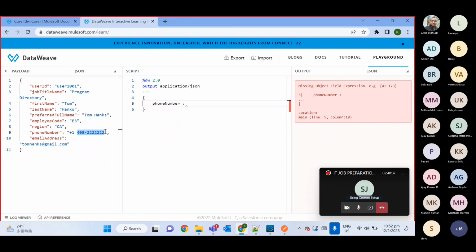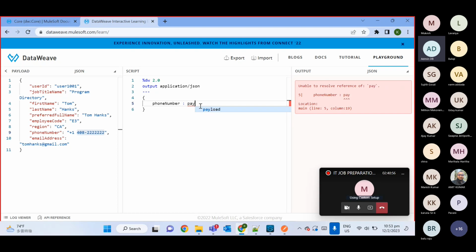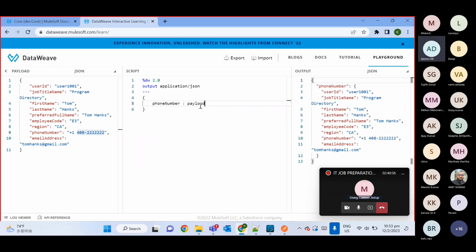Substring. Yeah. So we have a substring function in DataWeave. That is one way we can do this, and that will be the easiest way, but for that you need to know the substring function structure and all. But the easiest way will be payload dot